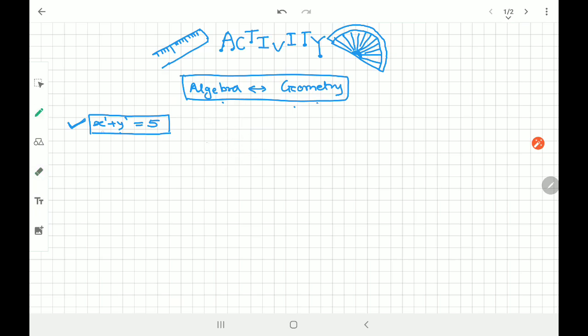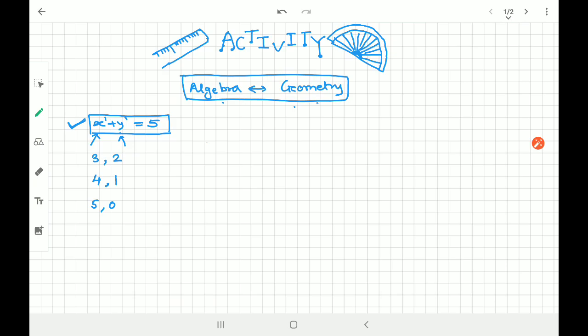So if I ask you, can you find a solution such that the addition of these two gives me 5? You can easily say, sir, 3 plus 2. So x equals 3 and y equals 2. One can say, why can't it be 4 plus 1, meaning x equals 4 and y equals 1? One can say, sir, then 5 comma 0 can also be a solution, because 5 plus 0 is 5.